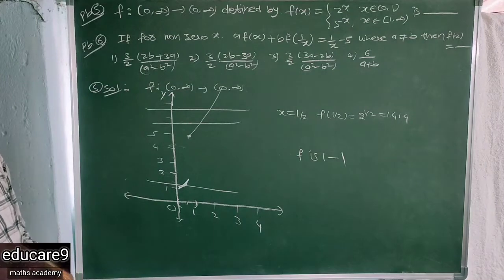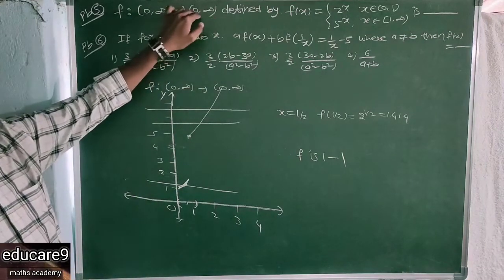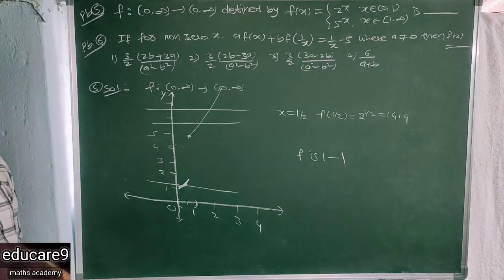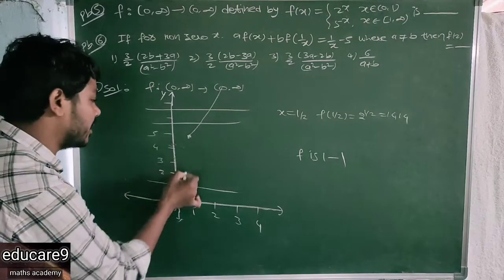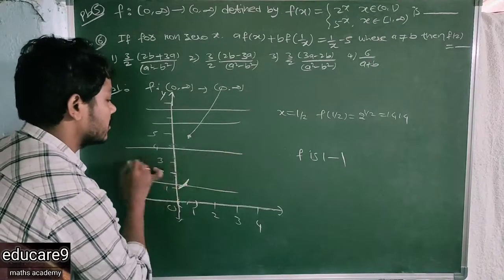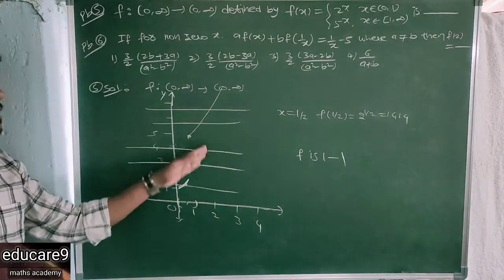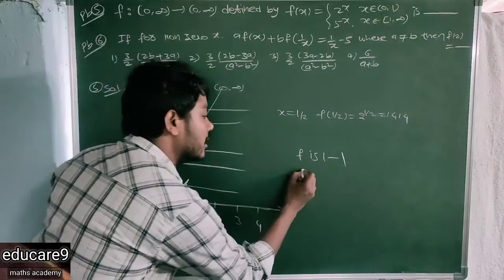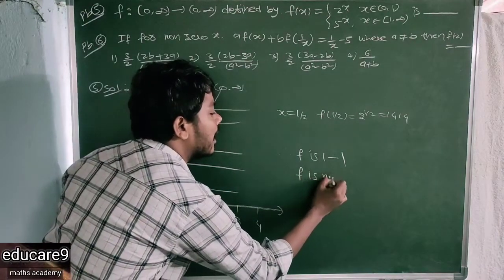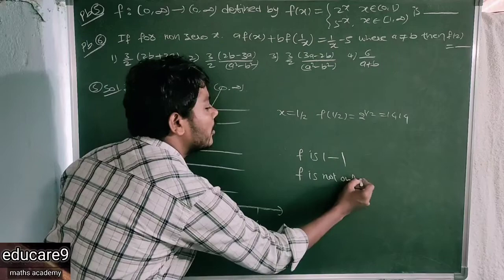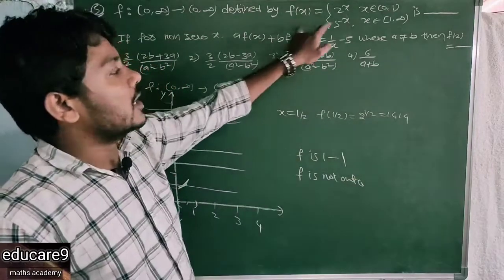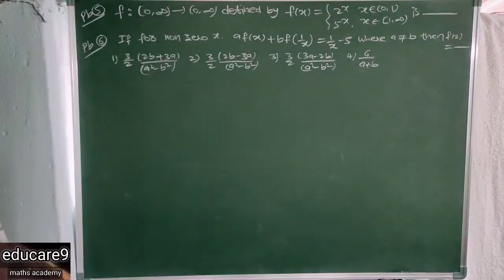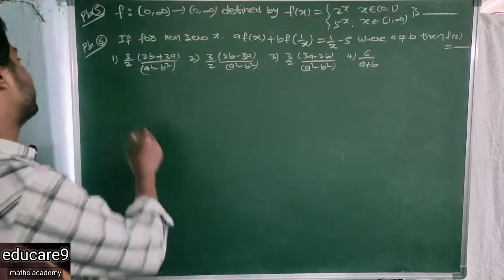Now what is the codomain here? Codomain is positive values, so the y values. So now draw the horizontal line between these two graphs. But this line does not touch the given graph. So in that case, f is not onto. Therefore, your function is 1-1 but not onto. So next problem.